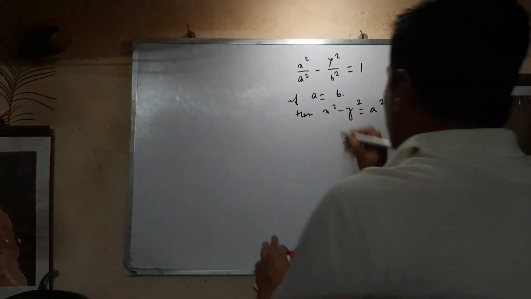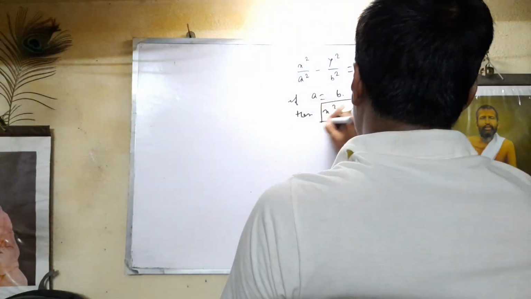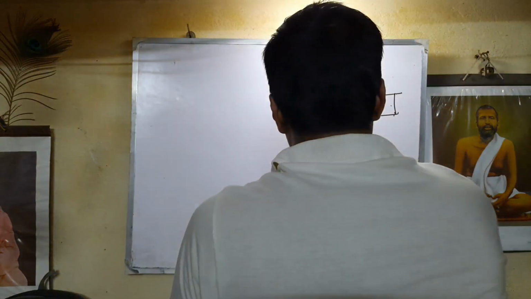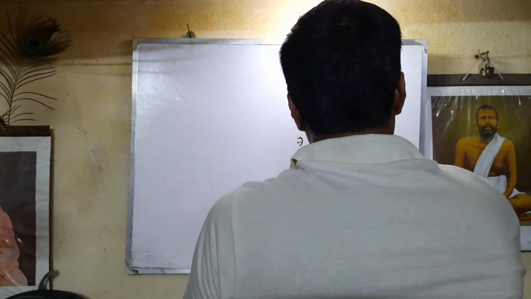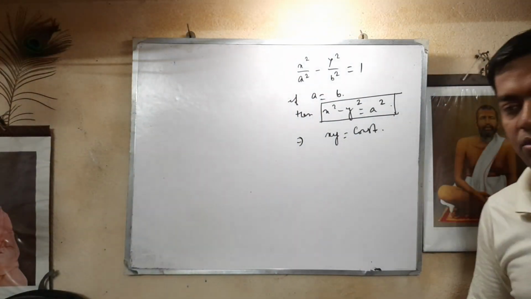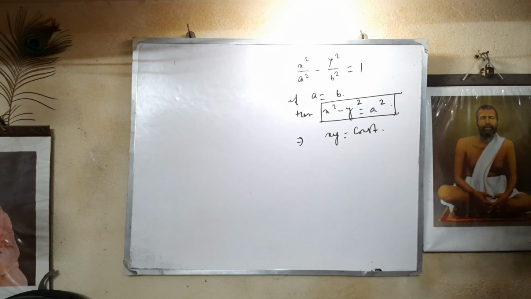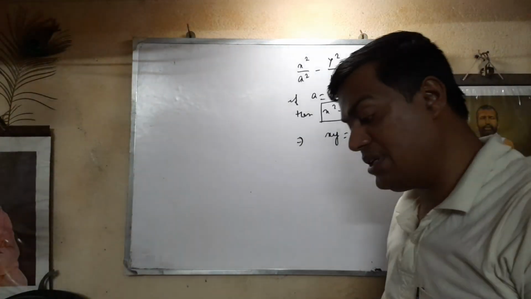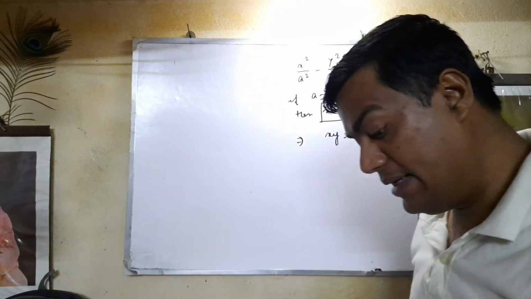Okay. So it is known as the equation of a rectangular hyperbola, because from this equation we shall get xy equal to constant. So the familiar equation of a rectangular hyperbola can be written as,